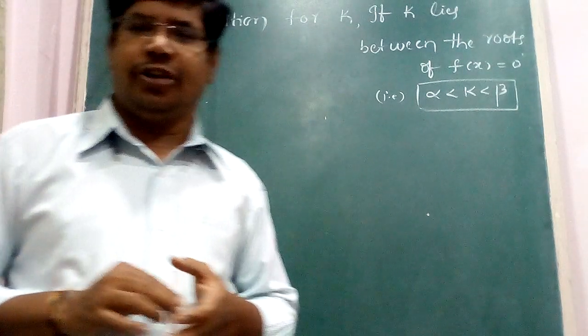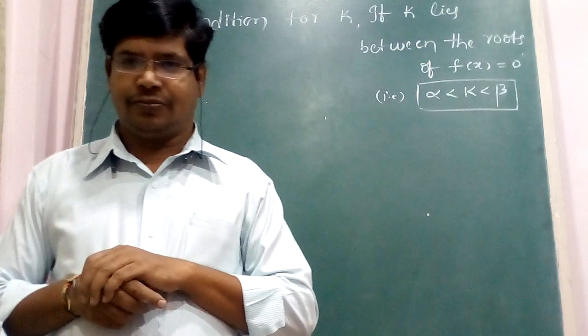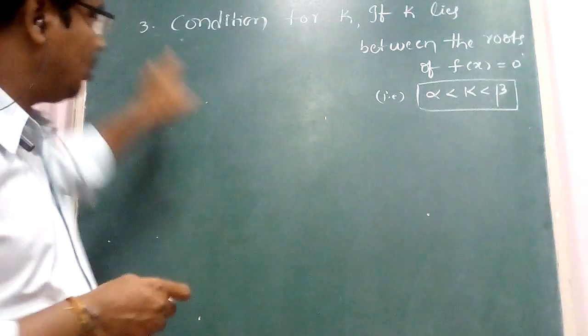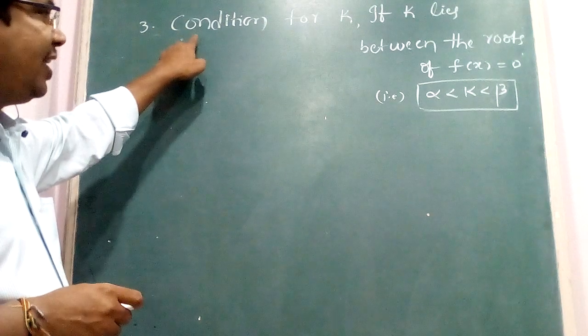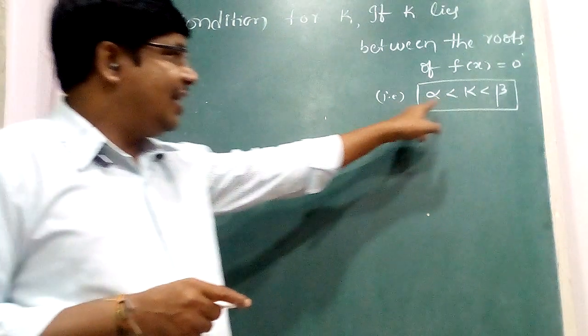Now, good morning children. Today I am explaining the remaining properties of location of roots. Yesterday I explained property 1 and property 2. Today I am explaining the third property. The third property is the condition for k. If k lies between the roots of f of x equal to 0, that means alpha less than k less than